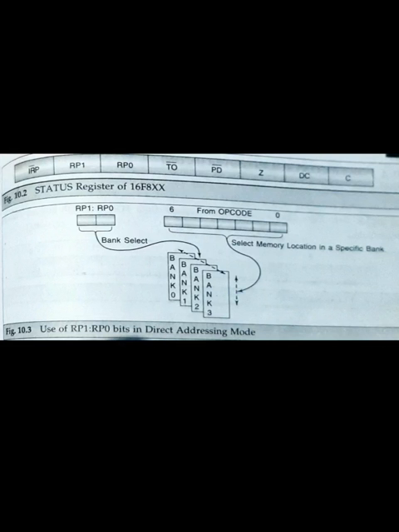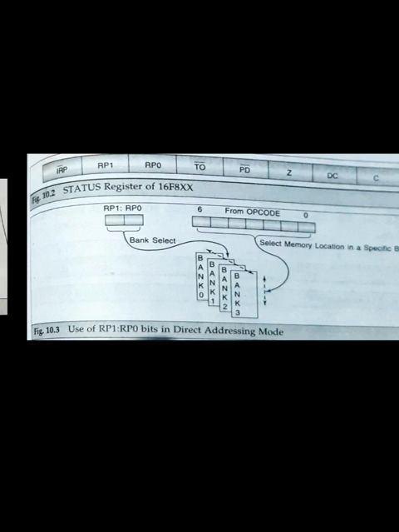While using the direct addressing mode, two bits are used, RP0 and RP1, for the selection of the register bank. In the direct addressing method it is possible to select an individual register bank.